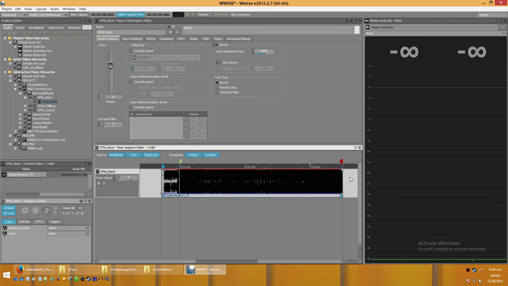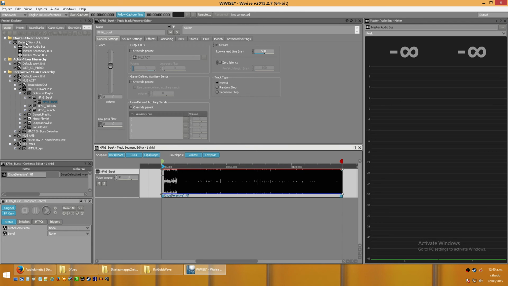There might be also an outro, you never know, but in that case you place this entry cue at the place where you want the loop to start and the exit cue at the place you want the loop to end. Okay, but on normal songs you place the entry cue right at the beginning. So you do this for every single song here, or for every single song you want to have,